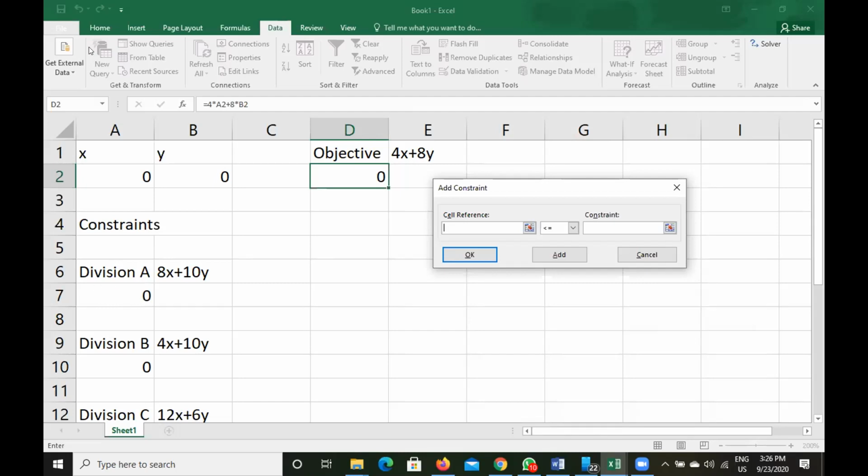This is the cell for division A, the first constraint. This is A7. A7 is the cell that contains the formula for the first constraint. So we will select this cell with only one click. As you can see, the computer has automatically taken the cell address, A7, where I have written the formula for the constraint for division A.